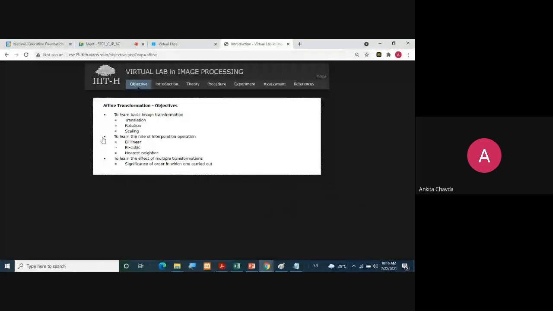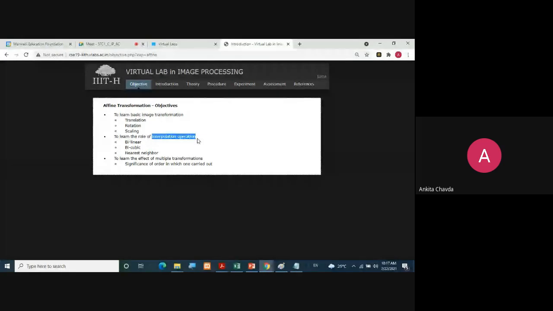That is the affine transformation. In that you can check, you have those basic image transformations like translation, rotation, scaling and all, right? And we will use some interpolation techniques. This is what we have learned, no? Zoom in, zoom out. Do you remember that?